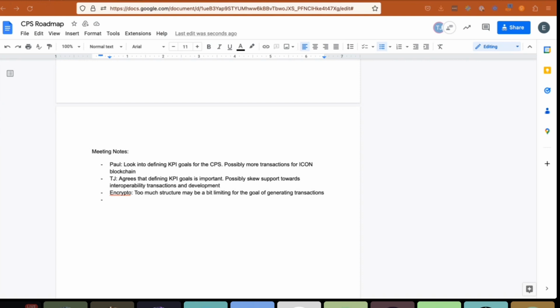So public goods funding makes a lot of sense for the CPS, and alternative projects that benefit the network have additional ways to raise funds. We would have to decide if the CPS wants to specifically support public goods and not projects that are able to make a profit, or if we want to support all things that benefit ICON.